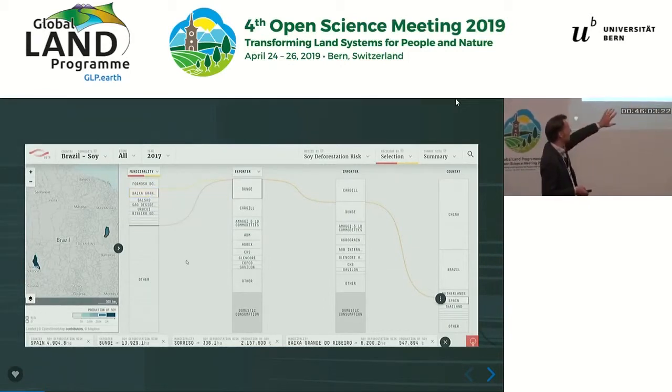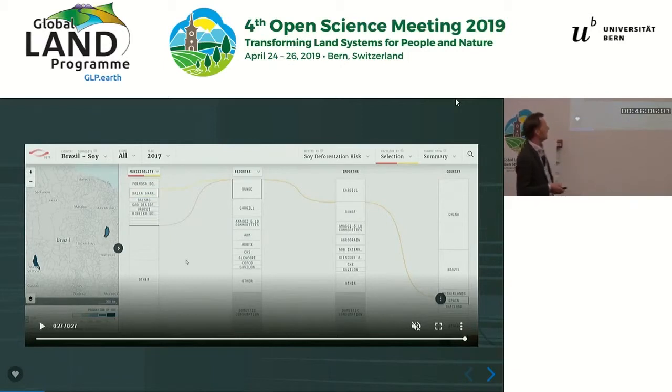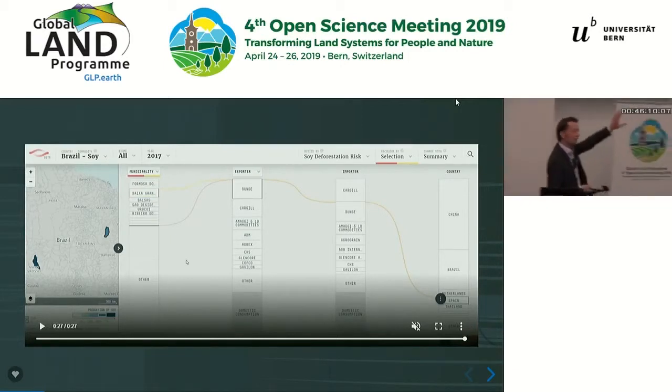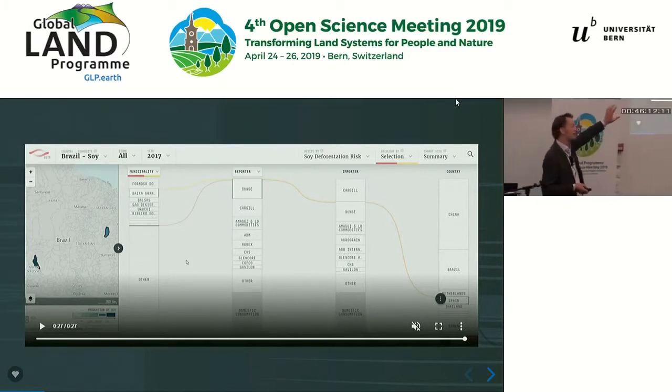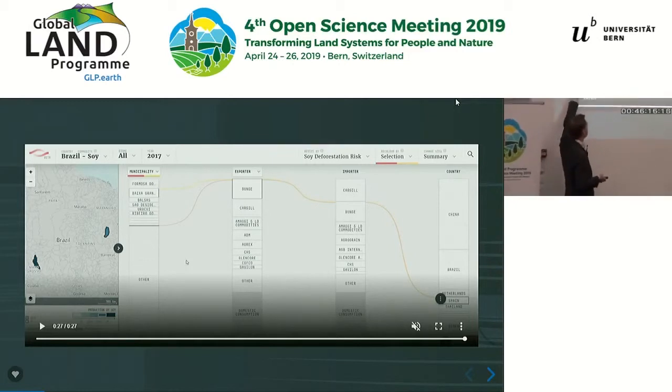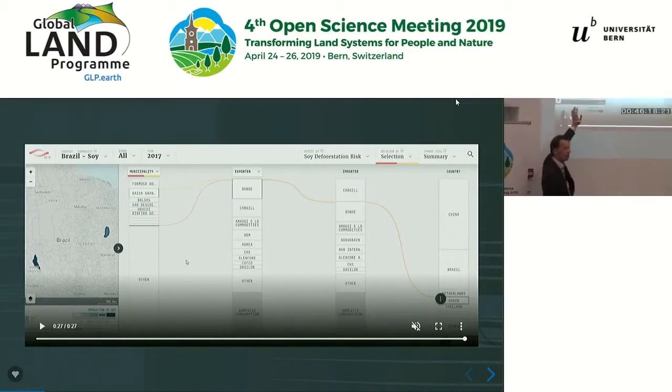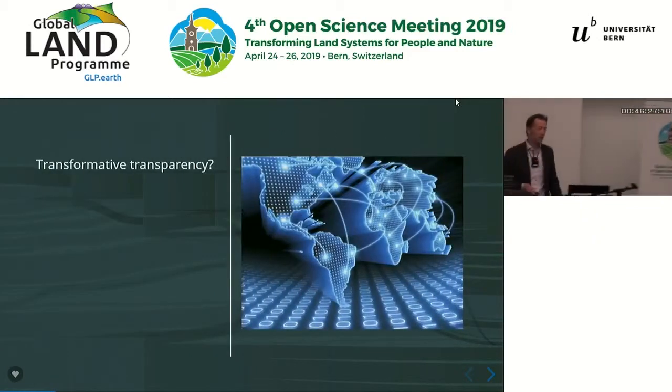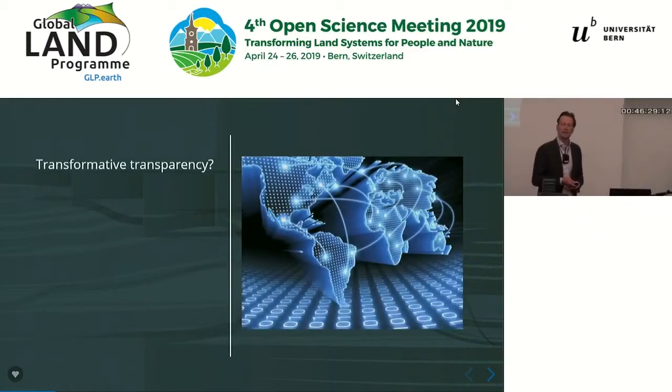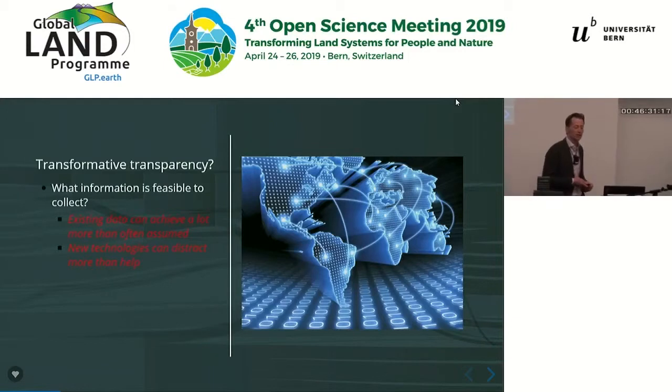So what we did here is recalibrate this example, instead of looking at flows of tons of soy, to then look at embedded flows of hectares of soy deforestation. And as soon as you do that, you go from the top sourcing municipality of Sorriso in terms of volume of soy. You recalibrate the flows to look at volumes of embedded deforestation, and you move to a completely different place. So how can we harness this opportunity to really start to transform land use?